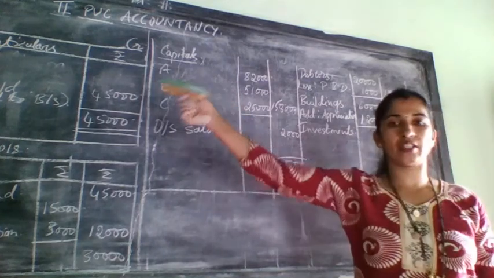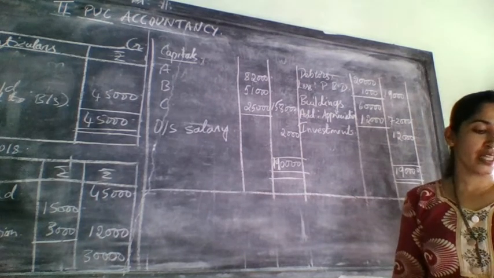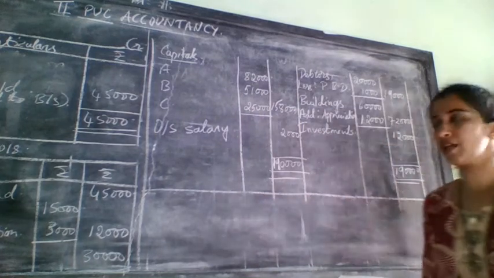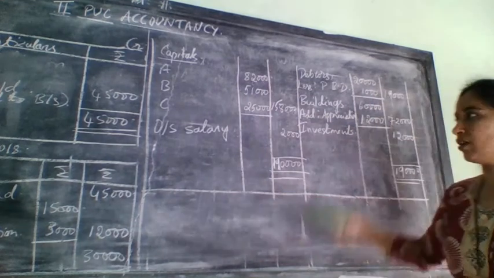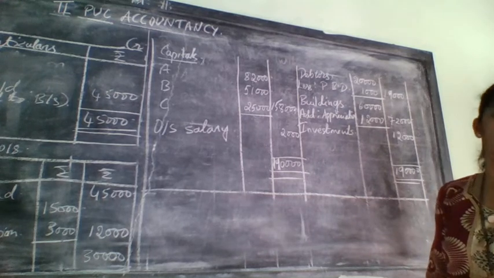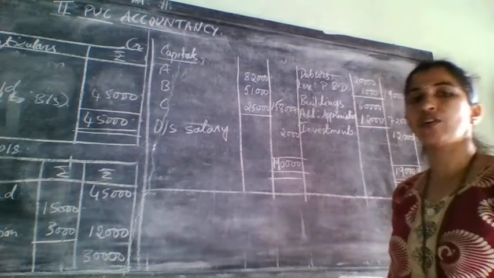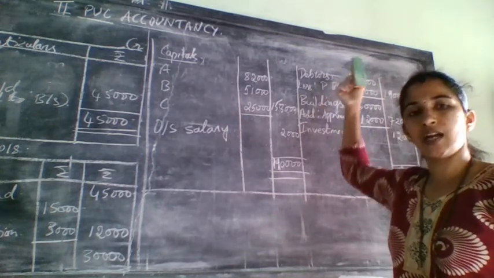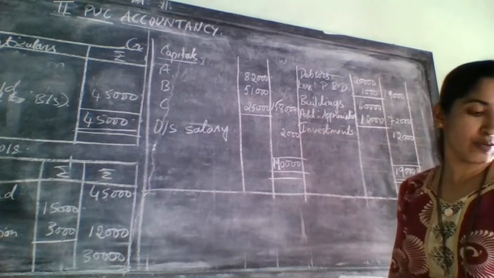If you have not opened cash account, it will appear in the balance sheet. So two times it will be over. Next, building appreciated and stock revalued. One time it came in revaluation, second time it came here in the balance sheet. One we have subtracted from stock, one we have added to building. Next, provision for doubtful debt, that is PBD. We have taken it one time in revaluation account, debit side, expenses side. One more time we subtracted it from the related asset and taken it here. So that adjustment is over.